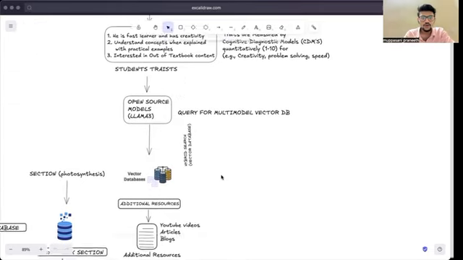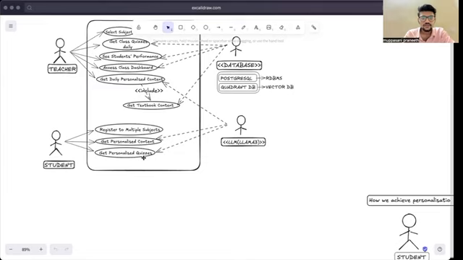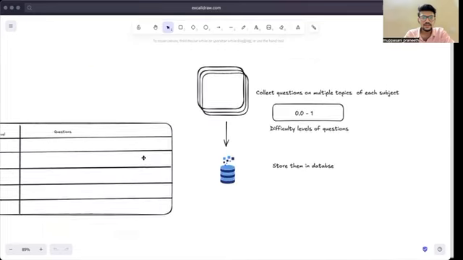And then again, how are we achieving the quizzes that we are putting to the student? These quizzes are also very personalized. They are very distinguishable between every student. So this is actually done by using